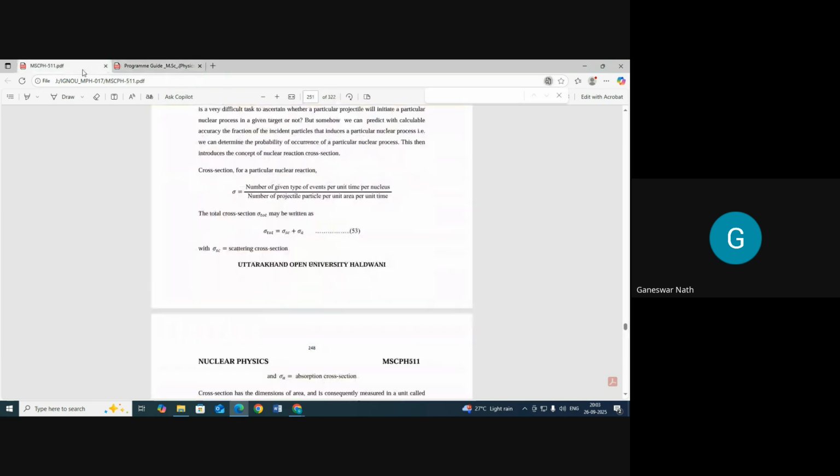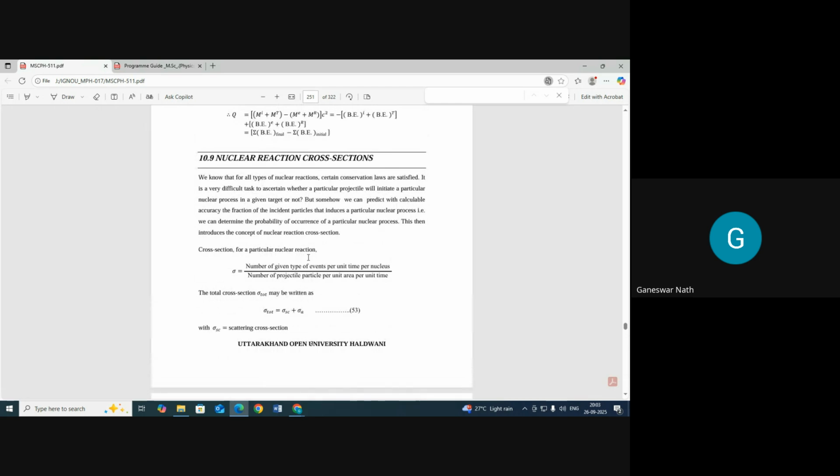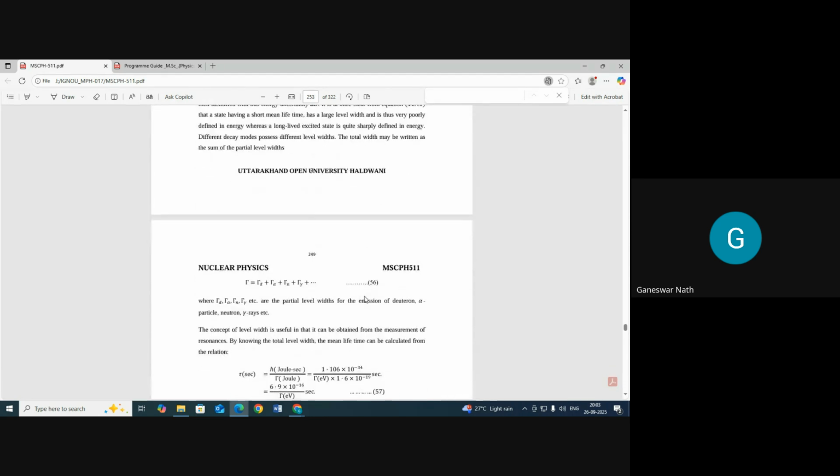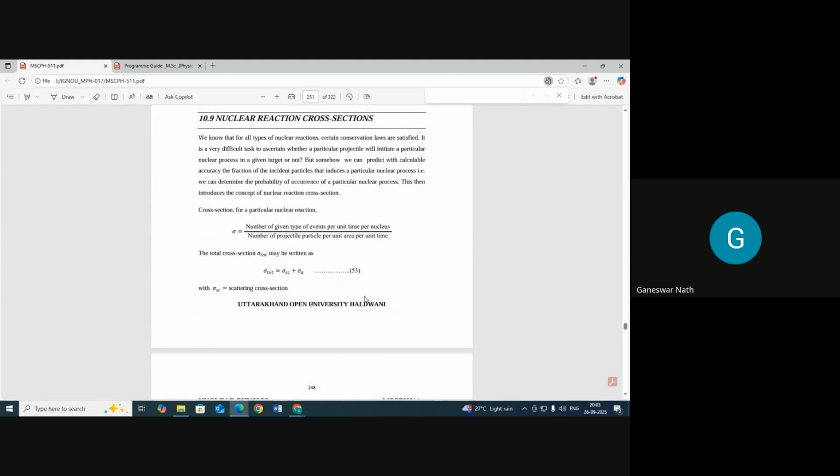Okay. You can see one thing I have to complete. I have to tell the nuclear reaction cross section, that is, the scattering cross section. So this is also important. We all know that for all types of nuclear reactions, certain conservation laws that you have seen,